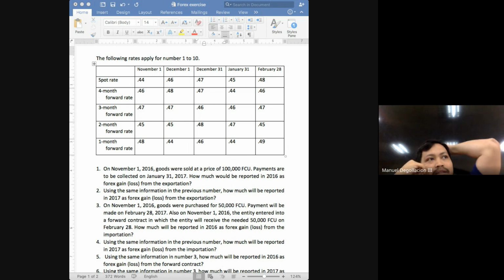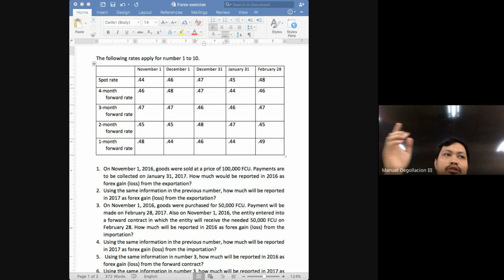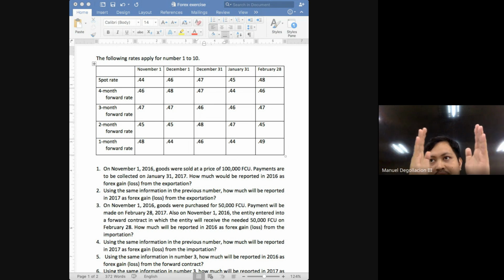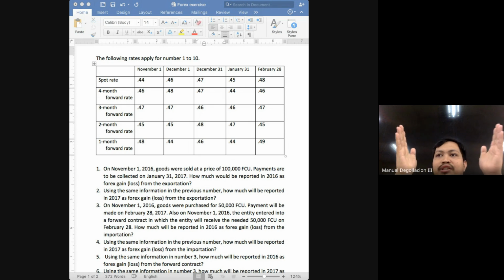So what do I mean? The transaction happened in December, class, December 1. It is to be paid on January 31. So normally, when will we prepare an entry? We will prepare an entry on the date of delivery, let's say December 1. And when else? We'll also prepare an entry when we make the payment or receive the payment on January 31. But if it happens that the date of payment or the date of collection goes beyond the end of the reporting period, we will have to prepare another set of entries. We will have to prepare adjusting entries on the reporting date.